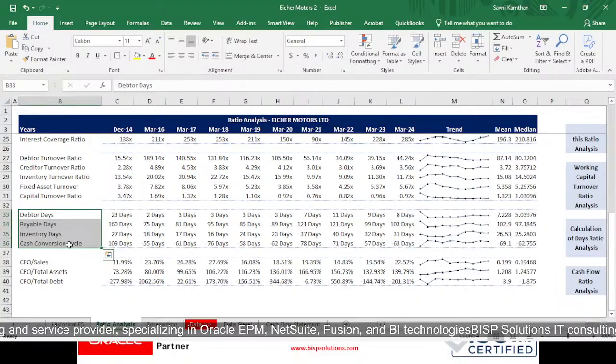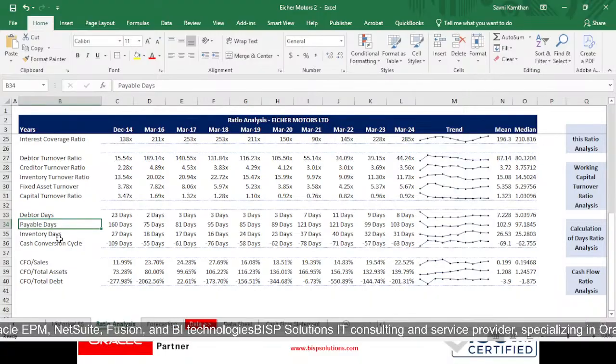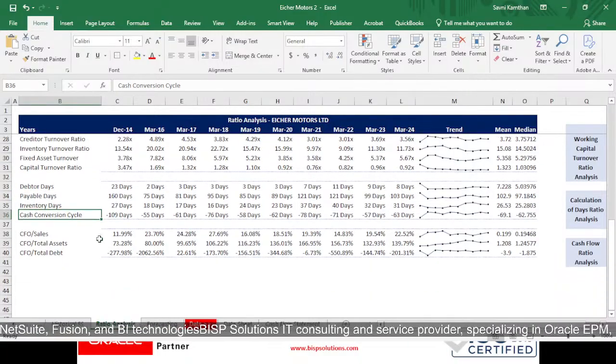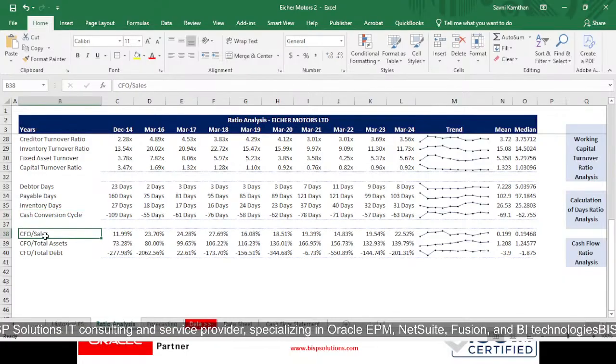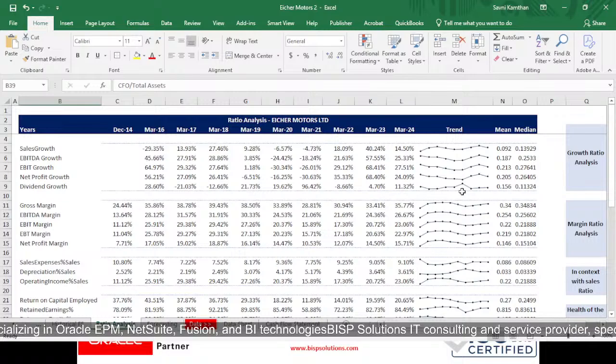If we want to calculate our days for different heads, so we have calculated days ratio analysis. So for that we have calculated debtor days, payable days, inventory days, cash conversion cycle, and after that we have calculated our CFO upon sales for cash flow ratio analysis. So we have calculated in cash from financing activities. So for that we have calculated from sales, total assets and total debts, and also we have made our trend